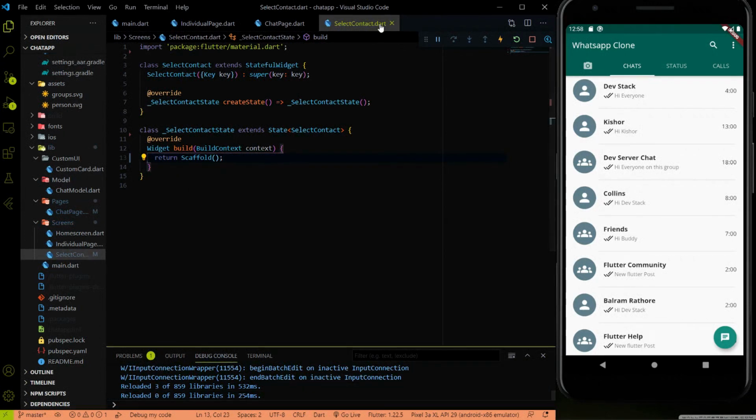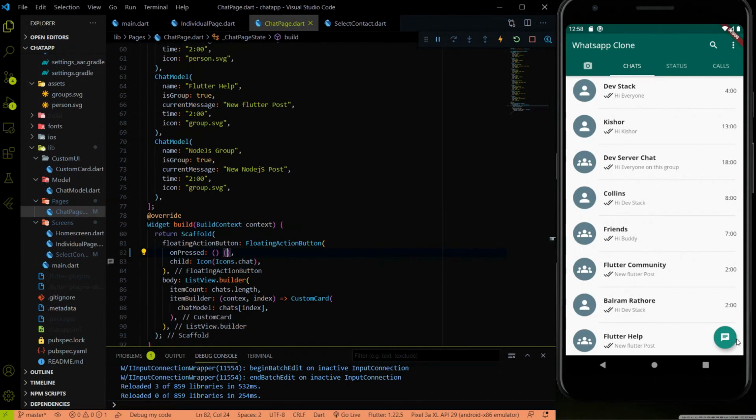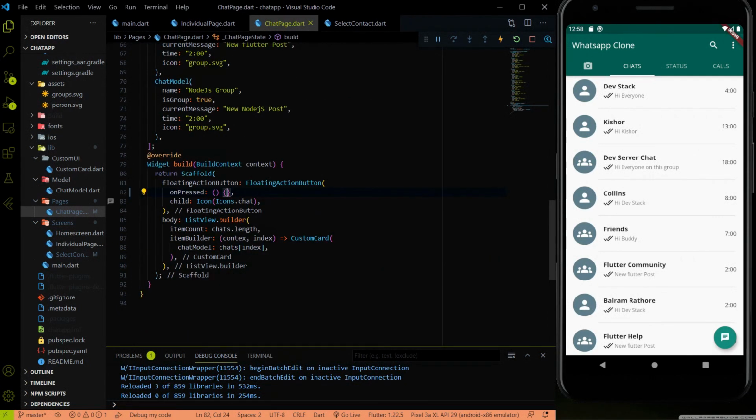And we have to call the select contact dot dart file on the chat page where we have the floating action button. So here is the code where we have the floating action button, and inside the floating action button we have the onPressed.